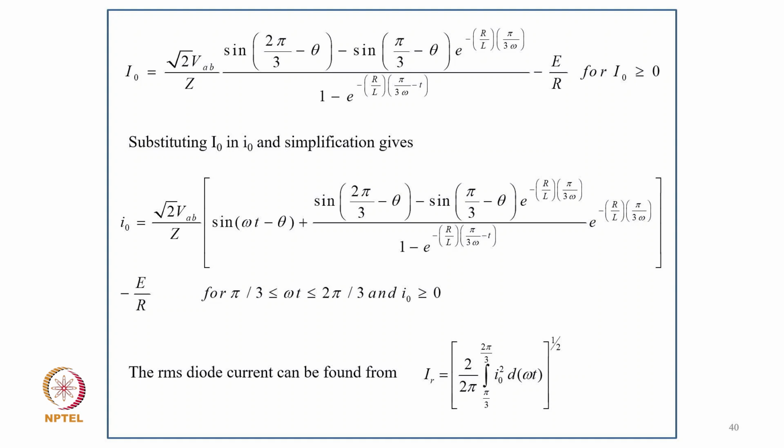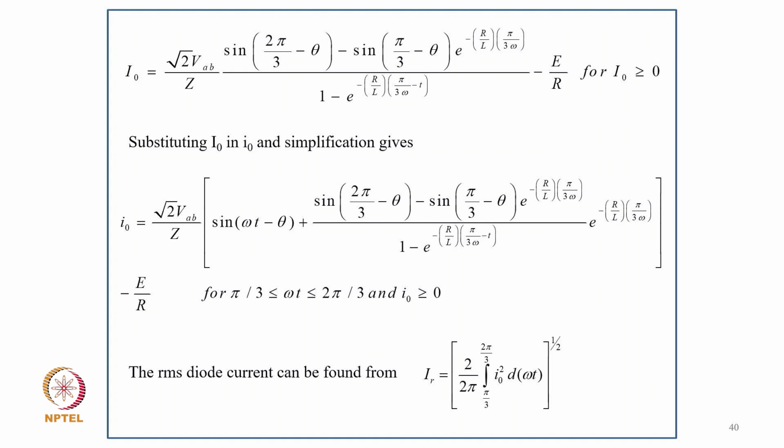Substituting I0 into small i and simplifying, small i equals root 2 VAB upon Z (sin(omega t minus theta) plus (sin(2 pi by 3 minus theta) minus sin(pi by 3 minus theta)) e to the power minus (R/L)(pi by 3 omega) divided by (1 minus e to the power minus (R/L)(pi by 3 omega)) into e to the power (R/L)(pi by 3 omega minus t)) minus E upon R,